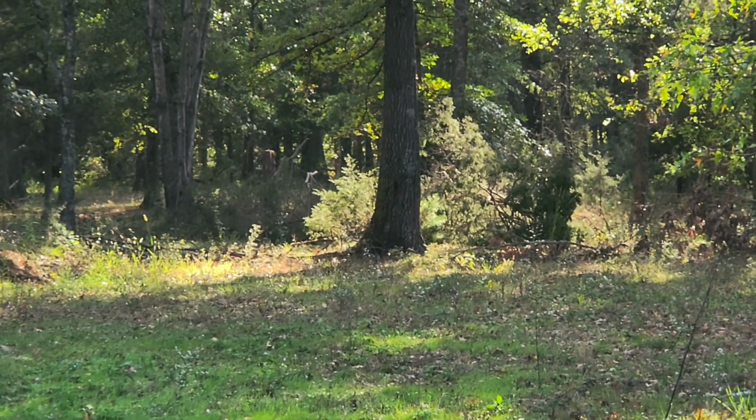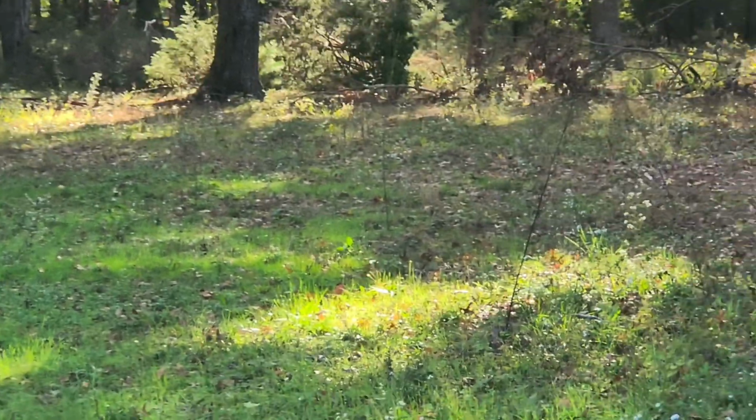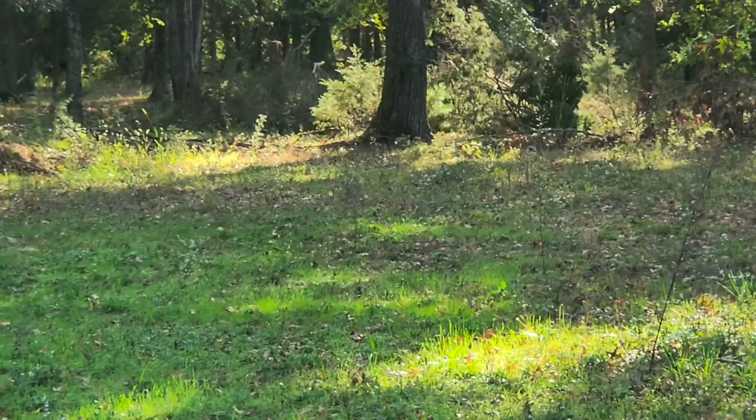It's somewhere to the left of that tree right there. I had to cut a tree down, but it is going to be one of the posts for the horse yard. So I went ahead and cut it to where I needed it. Now what we did with that tree is